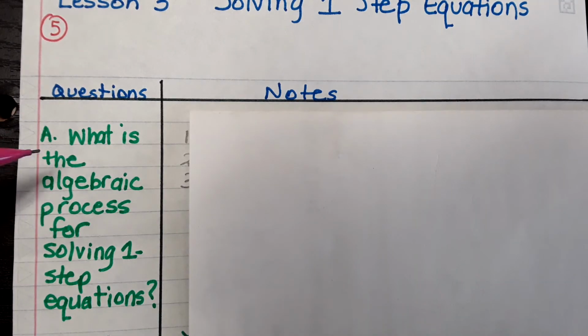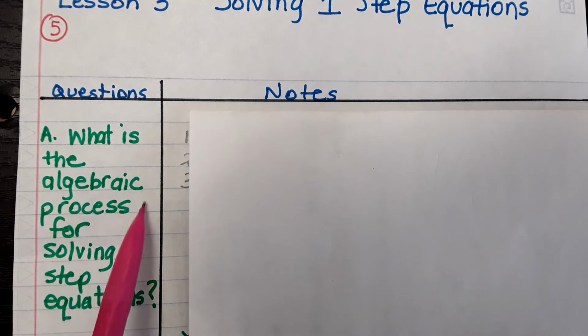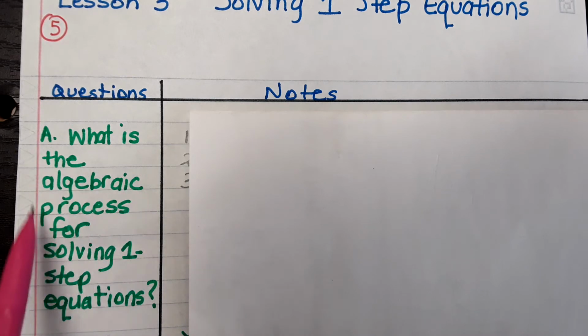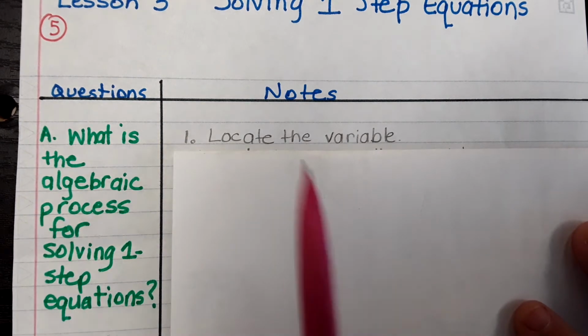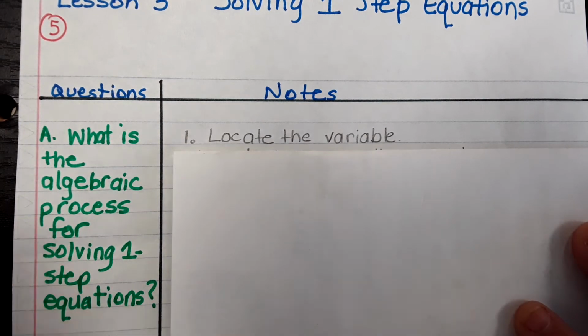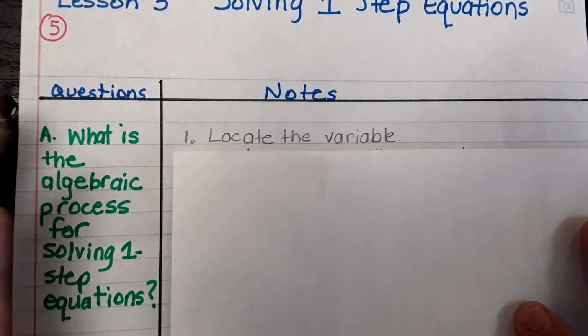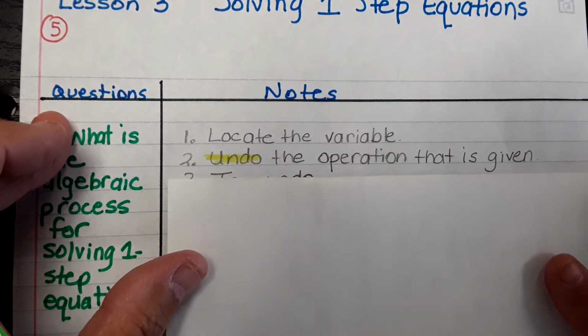All right, section A says, what is the algebraic process for solving a one-step equation? And I'm going to make emphasis on this word right here, the algebraic process. All right, step 1 is just to locate the variable. Is the variable an x, a y, a z? Locate the variable. Step 2,